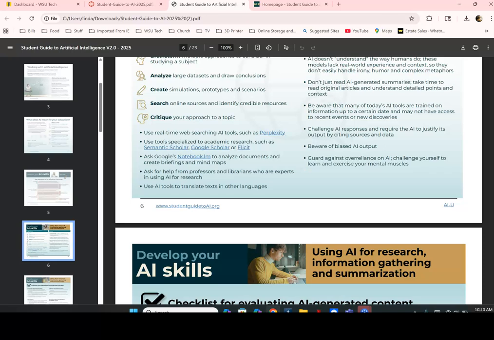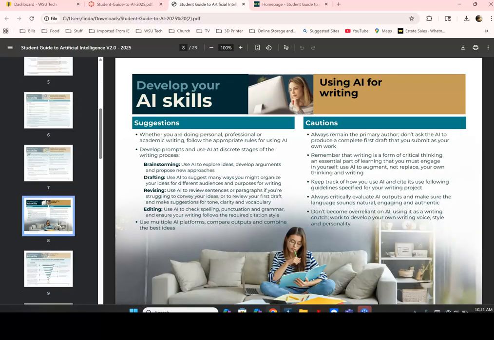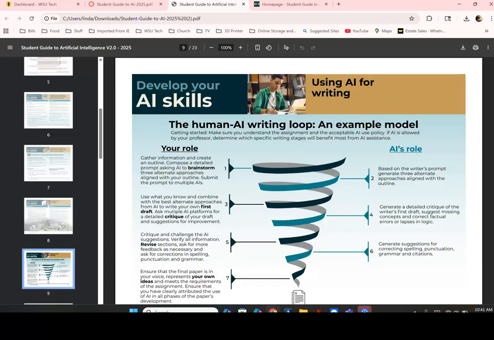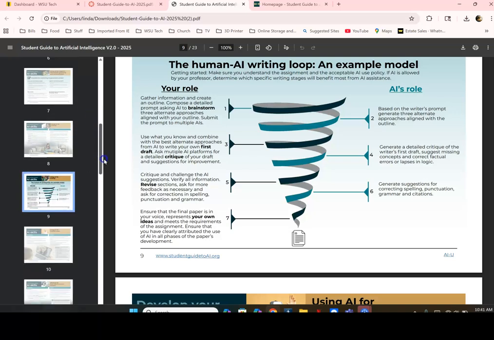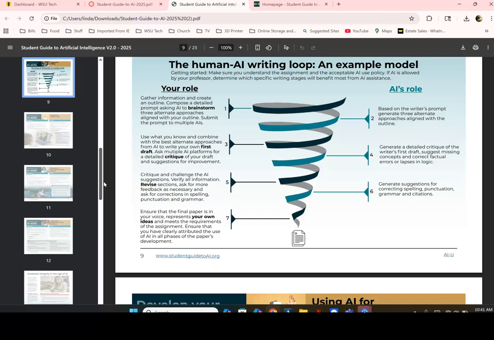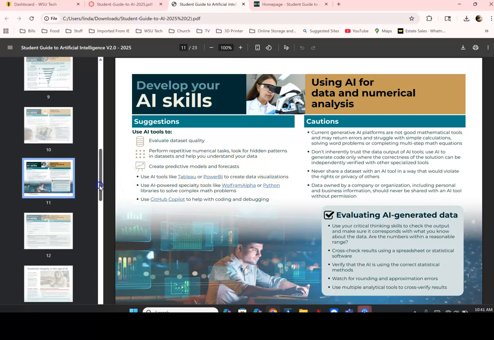So there's some guides here. There's some tools for academic research that are listed here. You've got more AI for writing. We just talked about that. And another one for AI for writing. Your role, what AI's role is. That's easy to say, right? It's just awesome. We'll go into more depth as we go through the semester with this. So look through this, read through this. Here's some using AI for data,